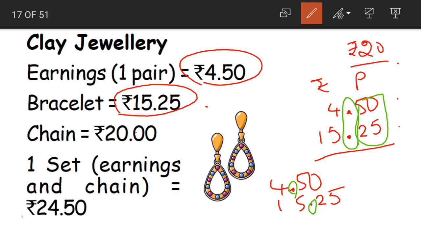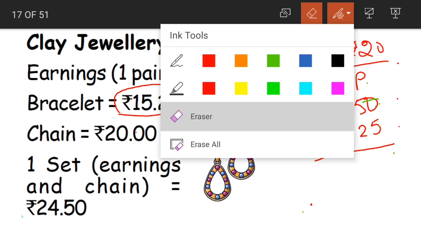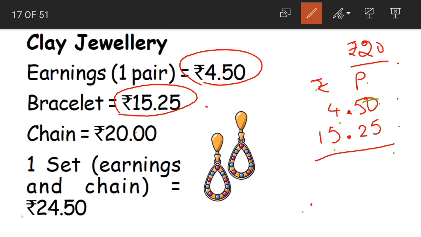The paisa of both the amounts are one below the other, and the rupees are one below the other. If you look at here, see 5 is paisa here, but this 5 is from rupees. Yes, these two are different. We should not mix them up together. So what is the important point to remember? The rupees and paisa, we should not mix them up. Now we have written down the amounts. We have to simply add.